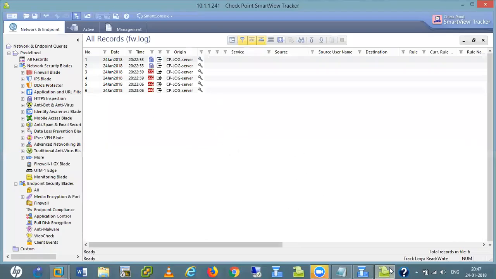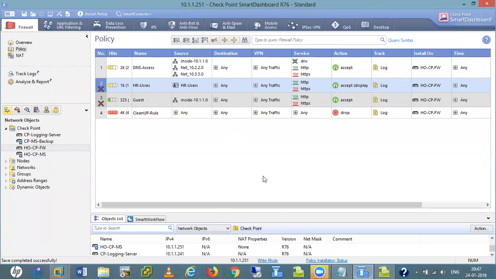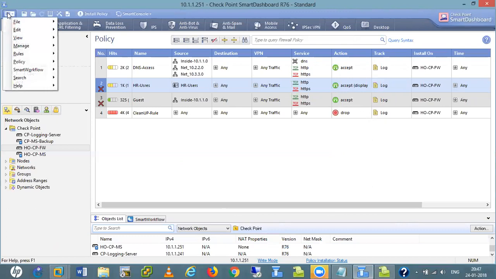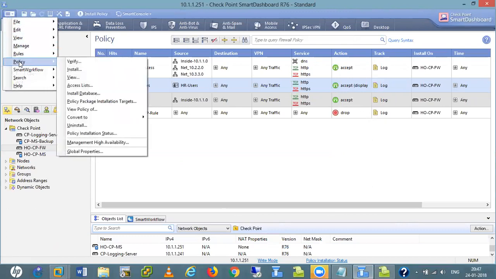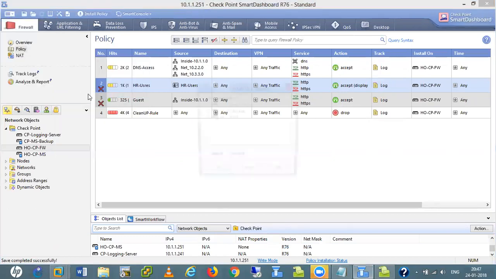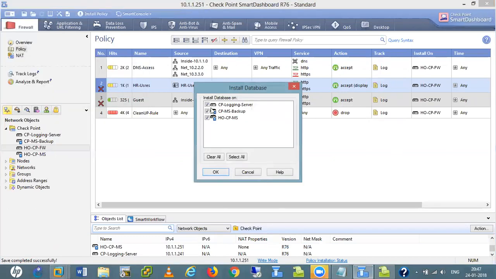The last thing: we need to install the database on the log server. In policy, we have install database, for the log server only. Because my log server is not aware of these things right now.